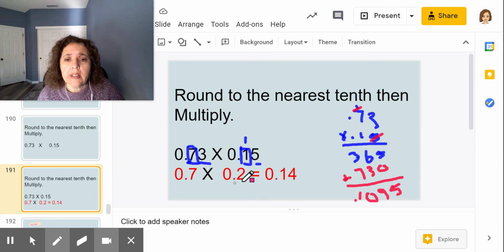2 times 7 is 14. I ignore the decimals, right? Then bring my decimal back in. 2 shifts and becomes 14 hundredths. Now, if I were to do the exact answer, if I were to multiply 73 times 15, if I do all the math, I'm going to get